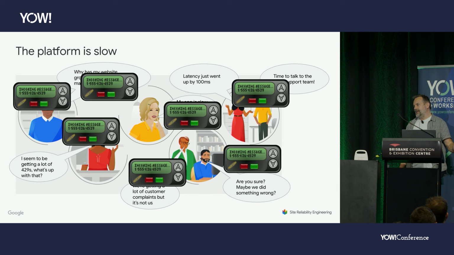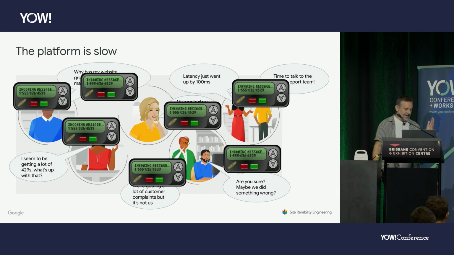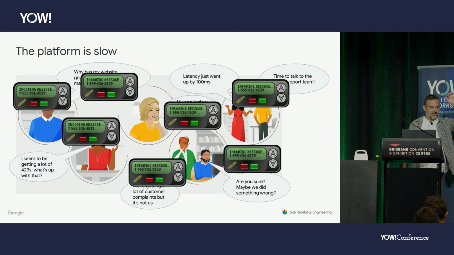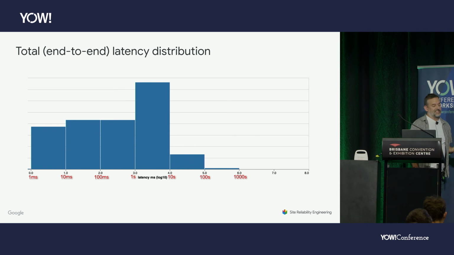SLOs are typically seen as the answer to this problem of how to find there's a problem. So SLOs is basically saying, well, we don't want to go below a certain level of availability. Once we're below a certain level of availability, that's going to page us and tell us something's going wrong. But SLOs are actually problematic in the context particularly of latency. So I actually went and got some data from all the stuff running on the